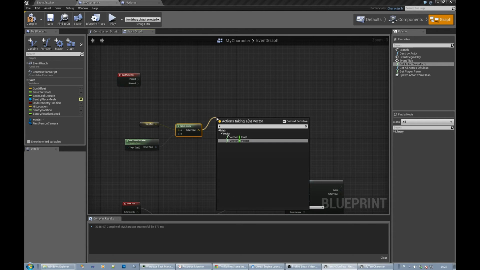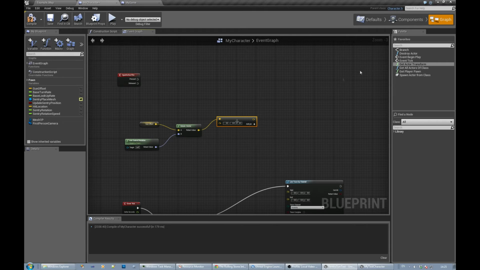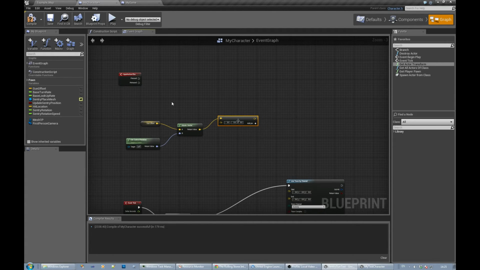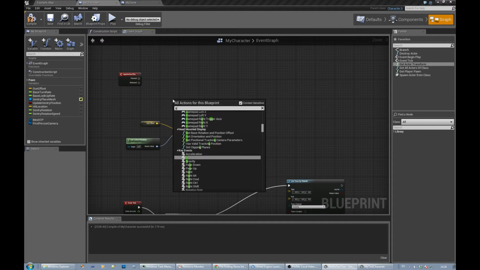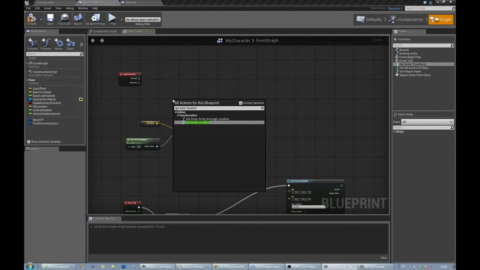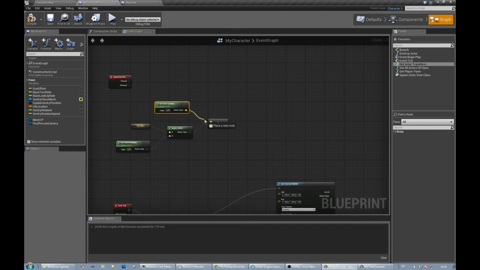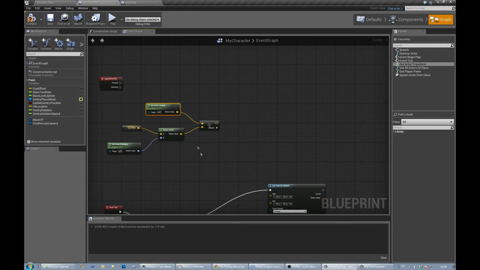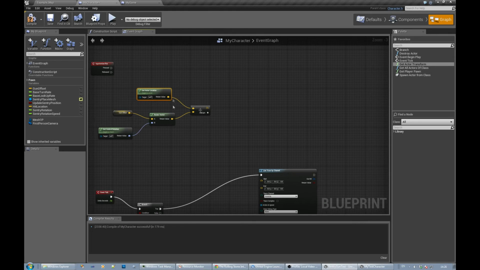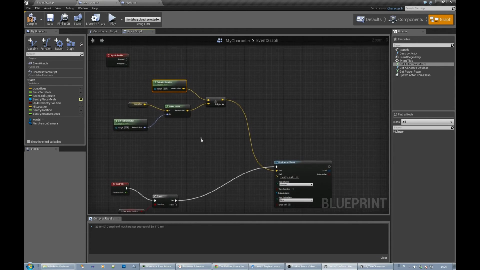So do a plus vector, and we can get actor location, and that's the other guy. Let's just clean those nodes up because they'll annoy me otherwise. It doesn't actually matter with the addition, so yeah, that's good. So this is the start point. Basically this is the muzzle offset for where we're starting in the world, and then we just need the